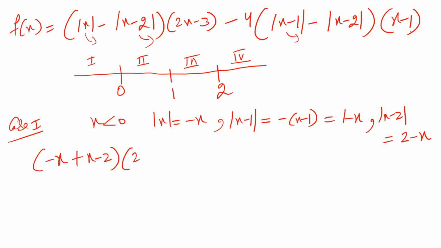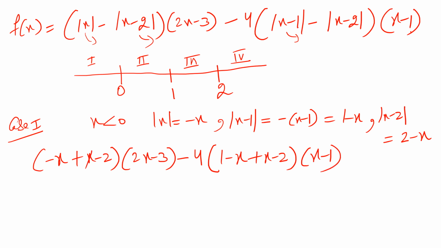Into 2x minus 3 as it is. Then we have minus 4 into this is 1 minus x, this is 2 minus x attached with minus sign, so this is x minus 2. This is x minus 1. Now this becomes minus 4x plus 6. Minus 4 into